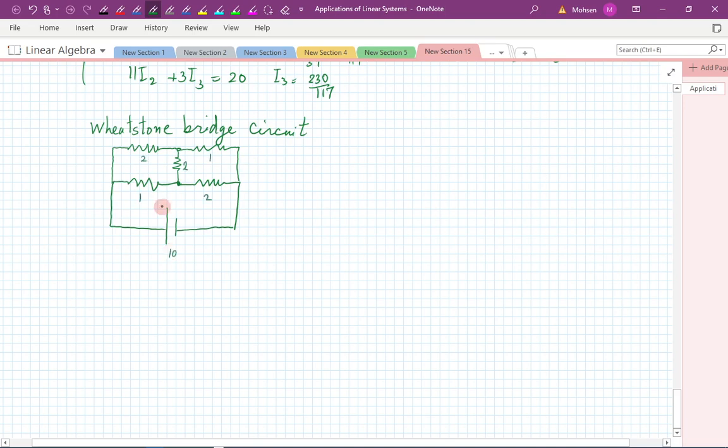The question is, we want to figure out what is the current in any of these segments. So as we said before, there is going to be a current flowing here, split into these two branches, and then collect back here and come back to the battery. Well, what is challenging here is that at these points it's not quite clear